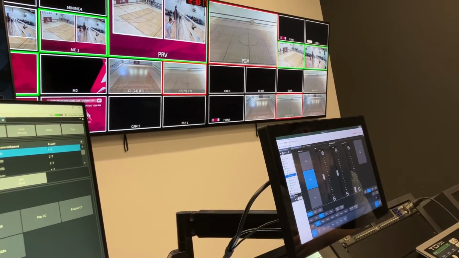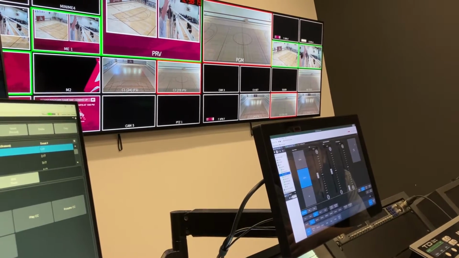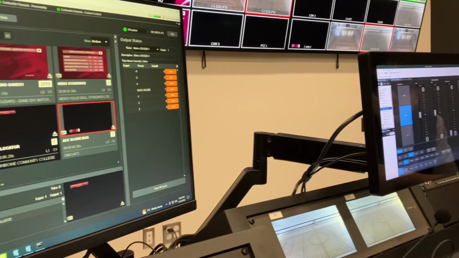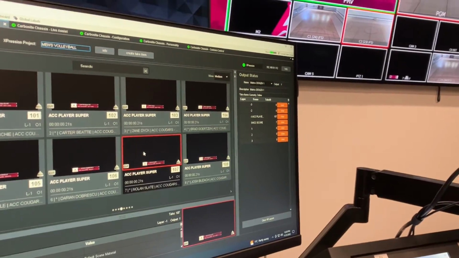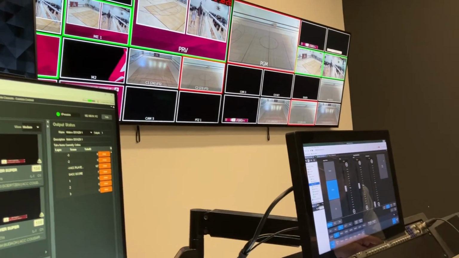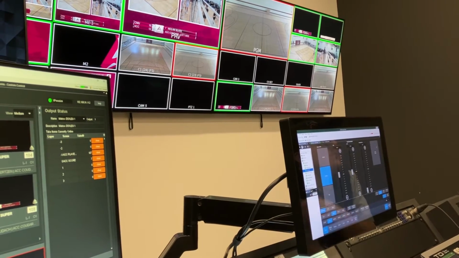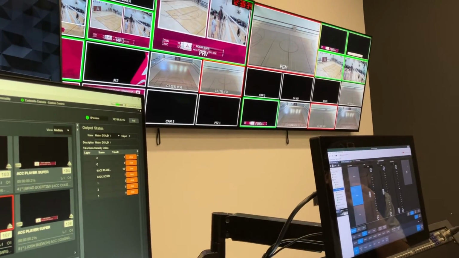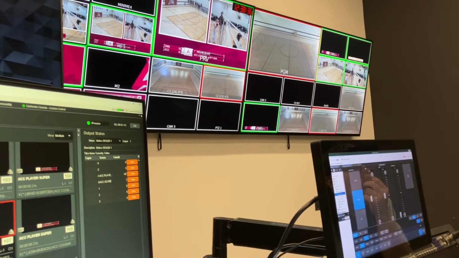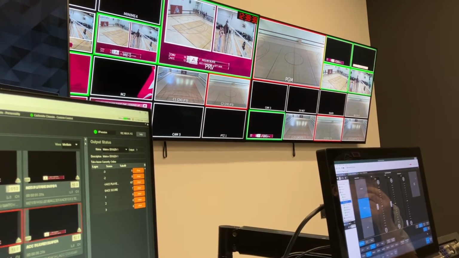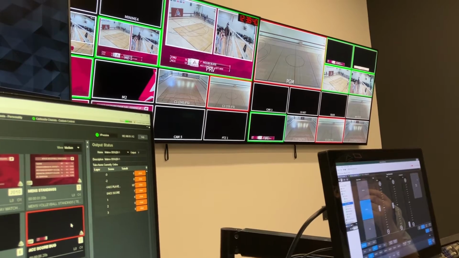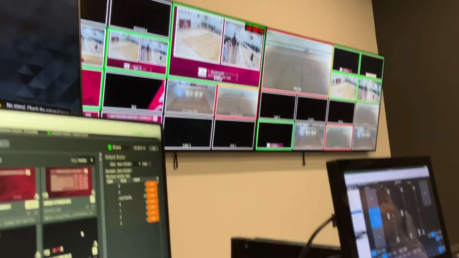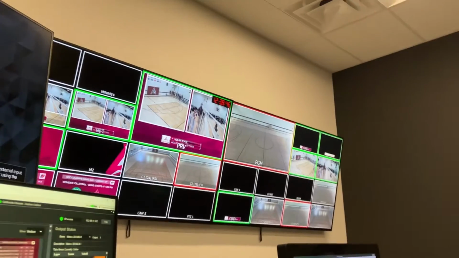Let's bring in a lower third. And let's just use one of our athlete lower thirds here. And I'll put that key on, and I'll take out that. There we go. So obviously it'd be a much different look in terms of our